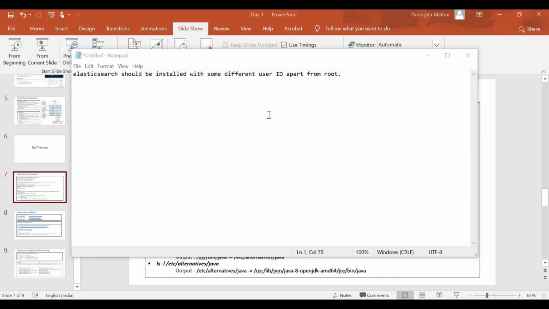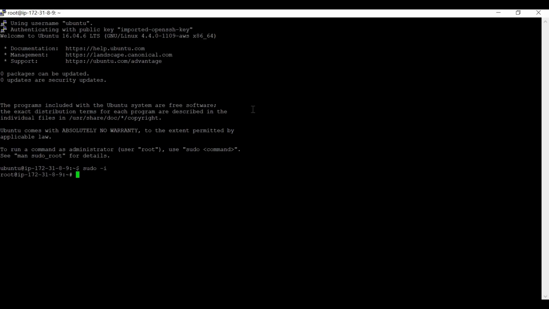Now, what does this root mean? If you are very much acquainted with root, then root is the administrator user for that particular server, and Elasticsearch doesn't allow your services to come up with root.